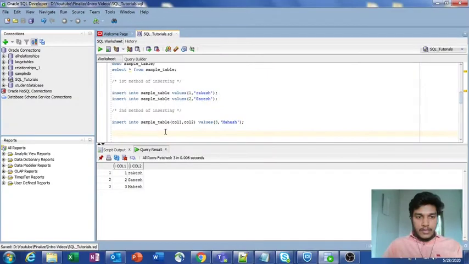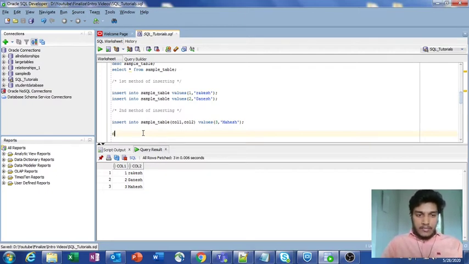Okay guys, here we already have the table sample_table, which contains column 1 as 1, 2, 3 and column 2 as Rakesh, Ganesh and then Mahesh. Now what I want is to delete values, and I want to illustrate with the delete command. Here we have mainly two types of command. One is deleting a particular row or a group of rows which satisfy a basic condition. First I am going to explain that one, and then how to delete all rows present in your table by using a delete command itself. So first I want to illustrate how to delete records based on some specific condition.